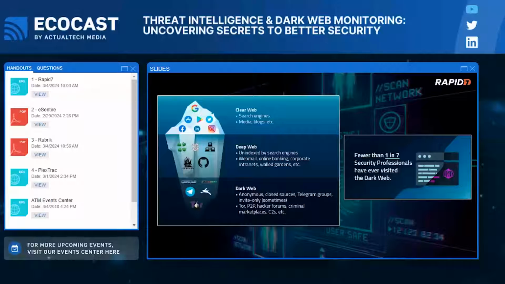So, clear, deep, and dark web, these are terms you're going to hear a lot when we start talking about the external attack surface. The clear web is probably the part that most of us are most familiar with today. So this is the portion of the internet that is indexed by search engines. It's accessible to the general public. It includes websites that all of us are looking at every day, the things that we visit, news sites, all of our socials, shopping websites, all of those different things that we're online looking at all the time. It's easily searchable and accessible through all of our standard web browsers, Google Chrome, whatever you're using.